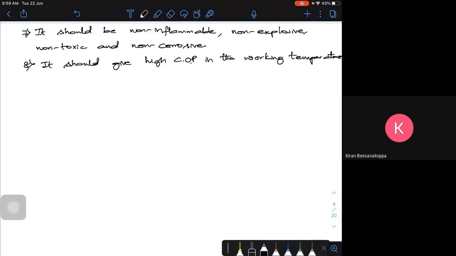Whether I am working between minus 10 and 20, or minus 30 and minus 40, or minus 40 and some 20 or 30 degrees, whatever the delta may be, I should be able to get a good coefficient of performance. If you look at the other properties, maybe cost wise, it should be